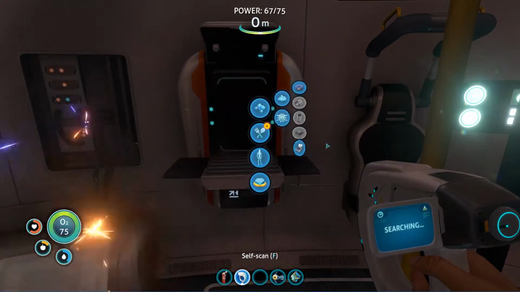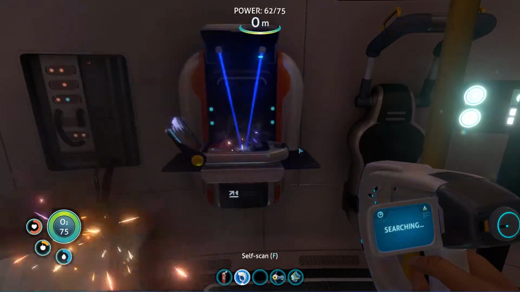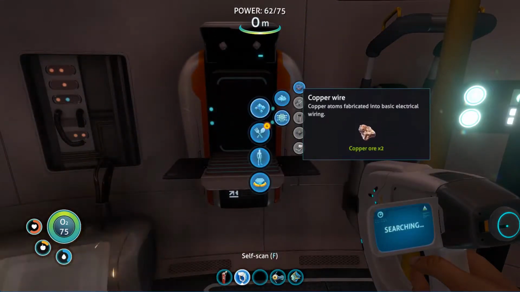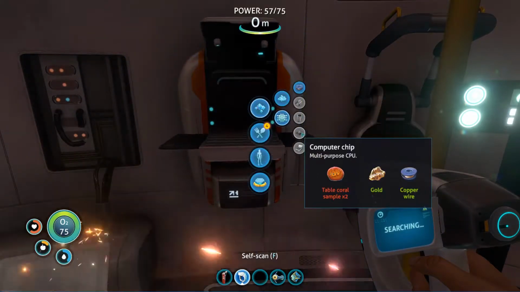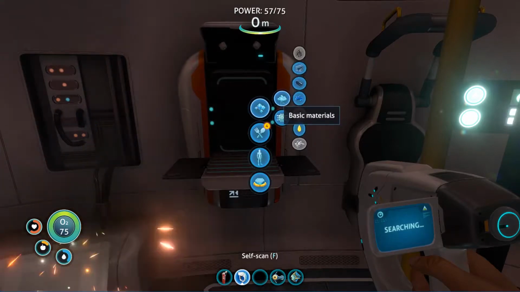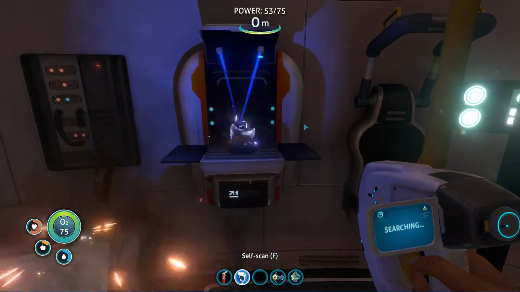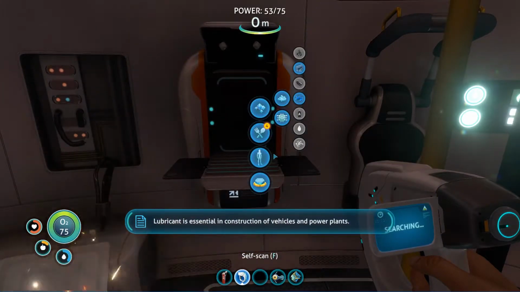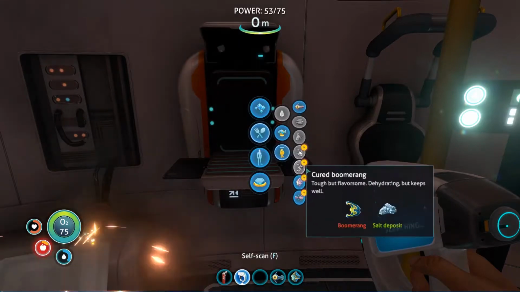Okay. And a wiring kit. Oh yeah, I need copper wire, which I can make. And I need table coral. I need some lubricant to make the thing. Lubricant is essential in construction of vehicles and power plants. Oh, okay. And then I can cure all my...